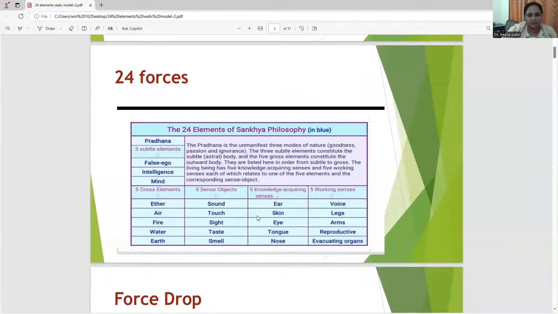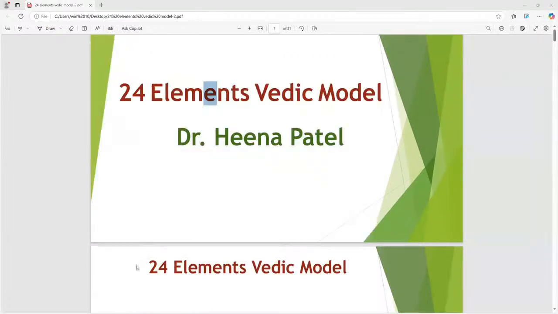So, these are the different kinds of forces, and today we